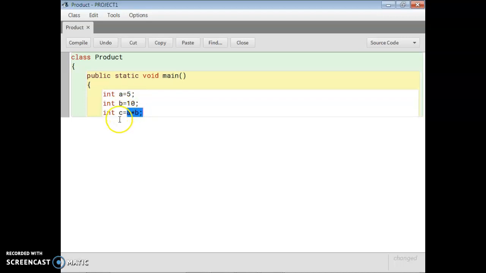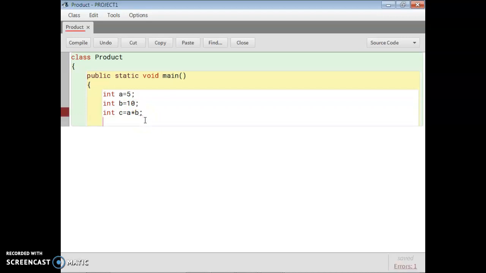Now in c we must have the result. Don't write direct numbers like 5 into 10. You can store any numbers in these variables and just use the variable names for any type of calculation. In a we already have 5, in b we already have 10. So in c we must have 5 into 10.